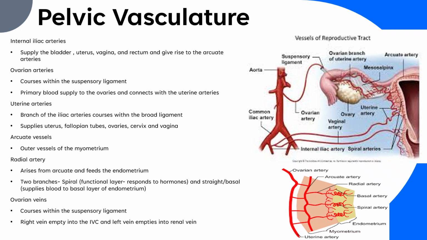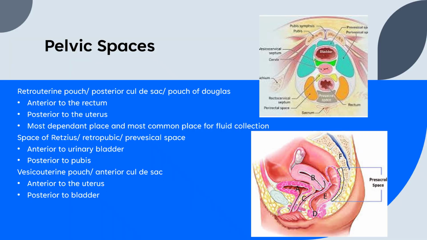So we are going to move right along into other anatomy, which includes our pelvic spaces. So we learned back in abdomen that pelvic spaces are super important for infection, right? Whenever we have pelvic fluid, we're really kind of worrying about infection. Well, in the female pelvis, it's a little bit different. So